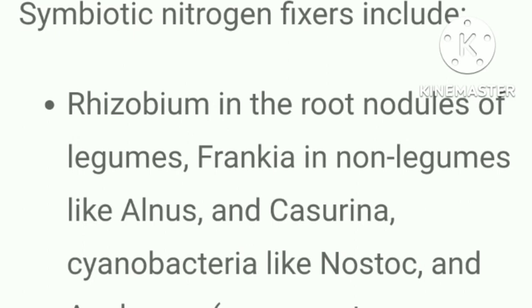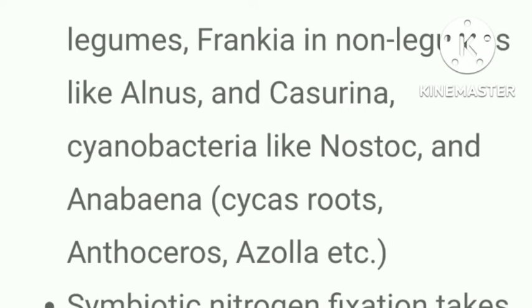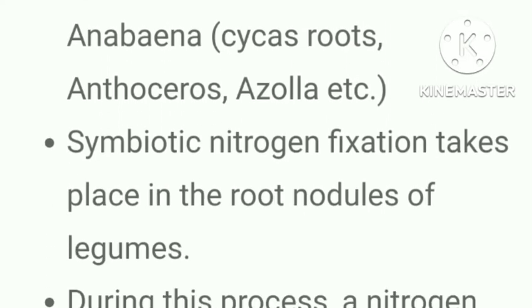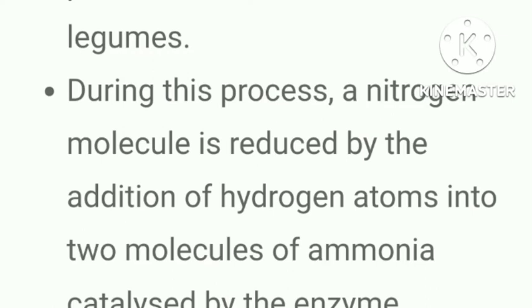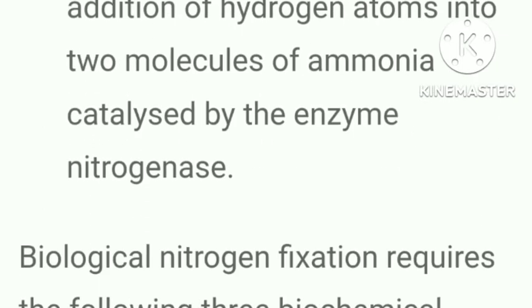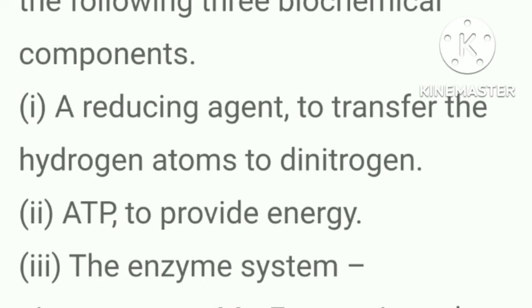Symbiotic nitrogen fixers include Rhizobium in the root nodules of legumes, Frankia in non-legumes like Alnus and Casuarina, cyanobacteria like Nostoc and Anabaena, Cycas roots, Anthoceros, Azolla, etc. Symbiotic nitrogen fixation takes place in the root nodules of legumes. During the process, a nitrogen molecule is reduced by the addition of hydrogen atoms into two molecules of ammonia, catalyzed by the enzyme nitrogenase. Biological nitrogen fixation requires the following three biochemical components: a reducing agent to transfer the hydrogen